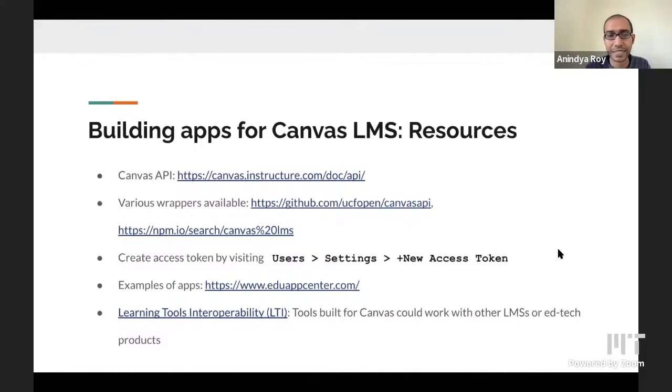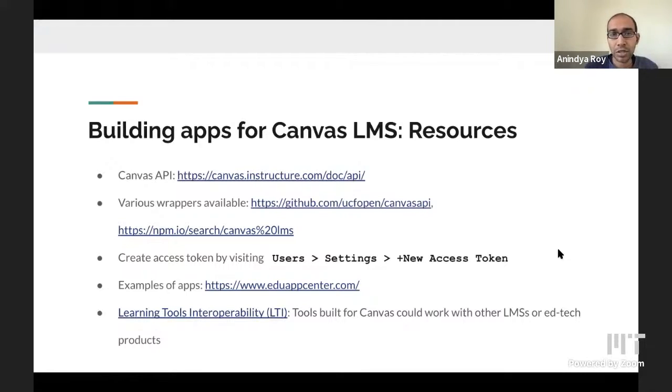So that's something that is good to know about if you are interested in this space, and not necessarily Canvas, but what you are building might need to interact with other similar systems.